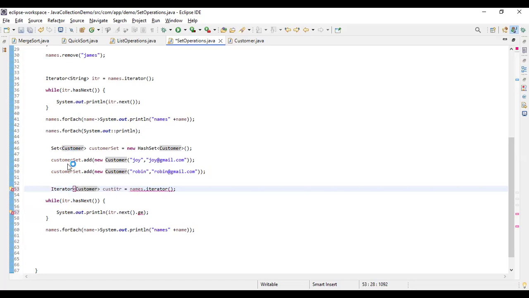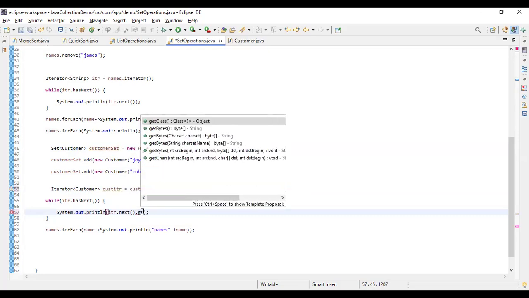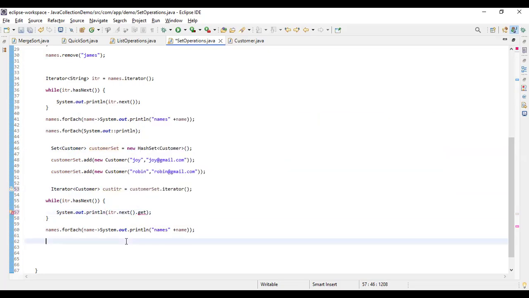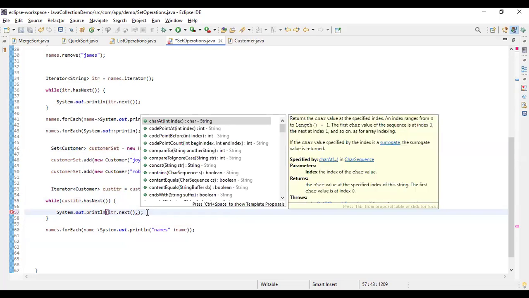And here we are also trying to implement customer, right? So you can say dot get, you can just do it like that. Here every element will be an it,